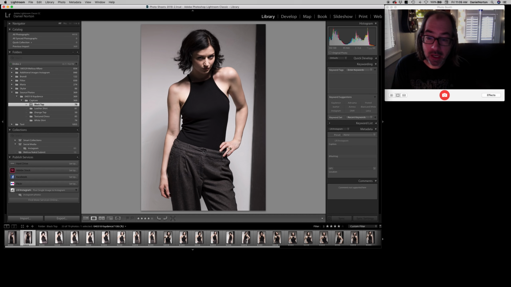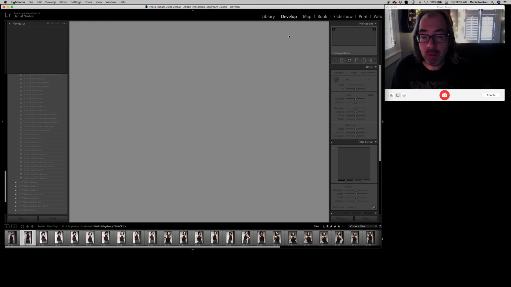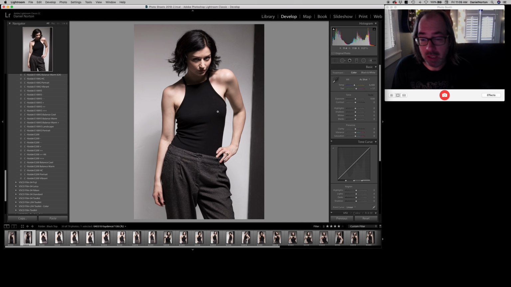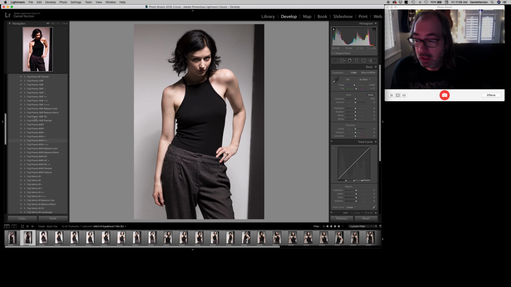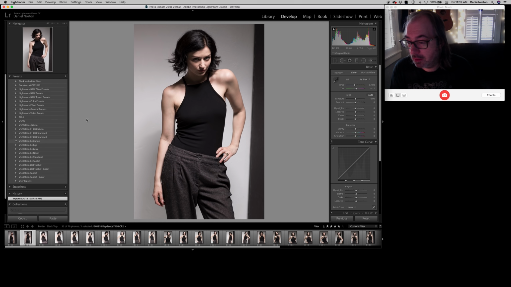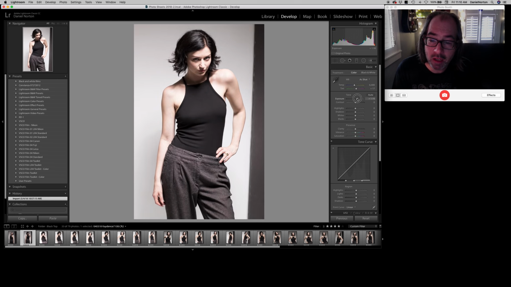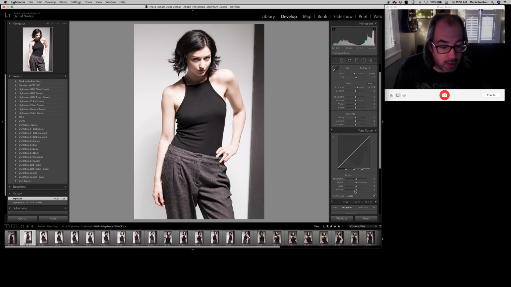Okay, now I'm thinking, and I'll sometimes do this in the middle of it, you know what, I might like this if I tweak it, but I'm not sure, so let me quickly jump into the Develop module and see what it looks like if I add a little bit of something to it. I think this could be really gritty. I've got all my settings here, but I'm just going to do it by hand. I'm going to try to make it really high contrast and see if I like that. So I'm going to bring my exposure up a lot. I'm going to come down here to my darks,